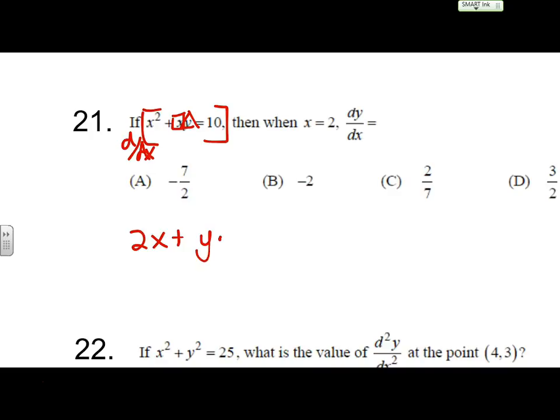1. Mm-hmm. So that, and then you have to add the first. And what's the derivative of y? How do we write that, guys? dy/dx, or you could write y prime if you personally prefer. Sure. Wait, why did I put equals 0? Why not equals 10? Because the derivative of 10 is 0. Good. Now I have to get dy/dx by itself.